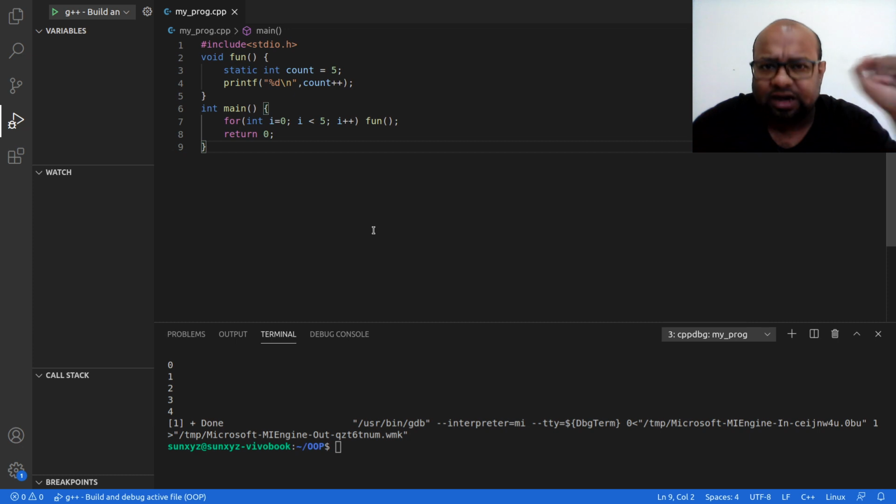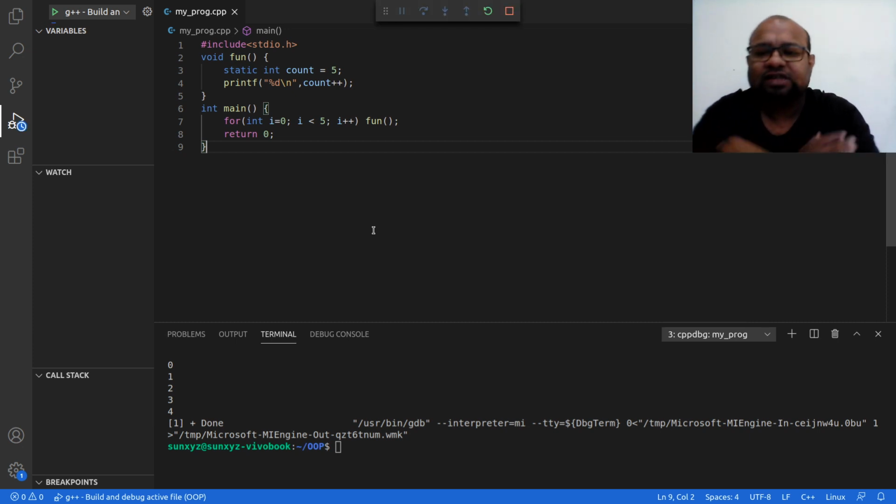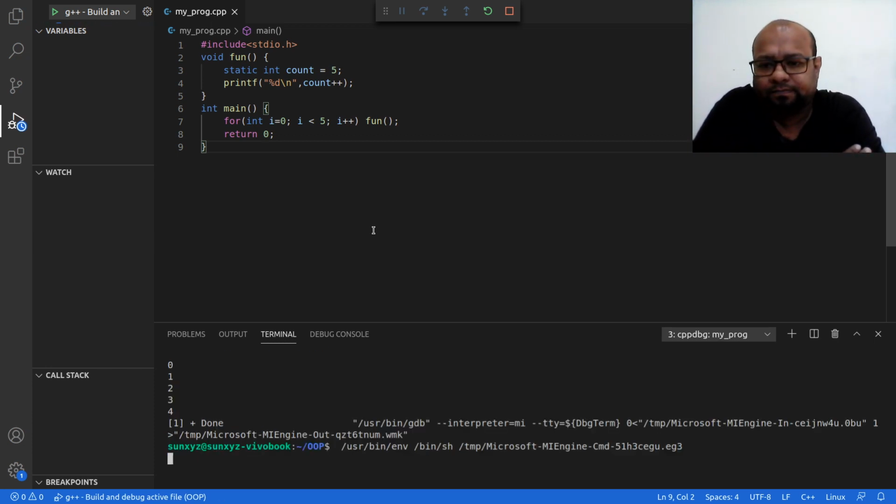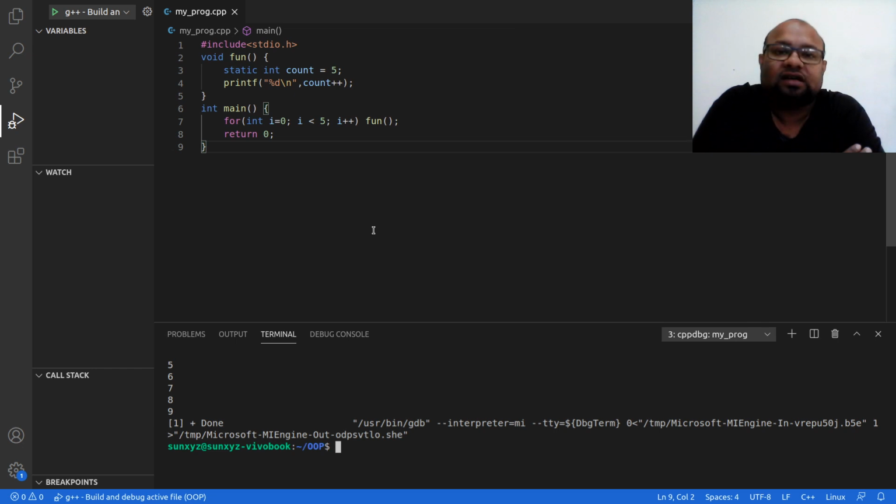I am going to print the value of count. So count now has the value 6, because that is what we incremented it to at the end of our last function call. So I am going to print 6 and then I am going to increment it to 7. I will call the function again. I am going to print 7 and I will increment it to 8. So I am going to keep on doing that. So let us go ahead and see if that happens. Yeah, that is happening as expected. Okay.